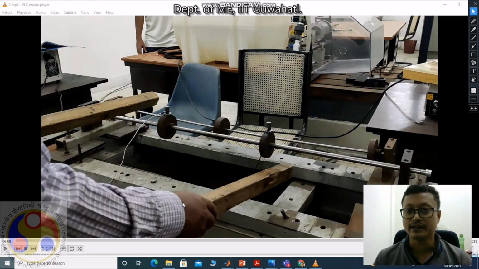Okay. For the second natural frequency, we are hitting like this. We are using two wooden pieces, but actually it should be a hammer. So we are hitting like this. One will strike here, and this will hit here. So this will vibrate this beam with two masses. Let's see what will happen if you strike, and as frequency you can get.